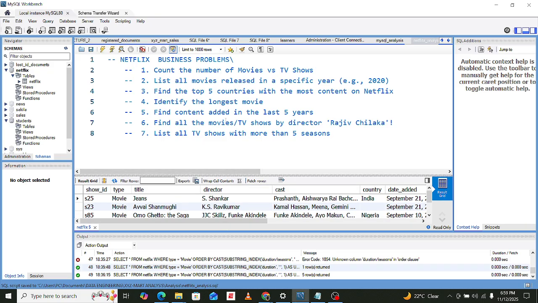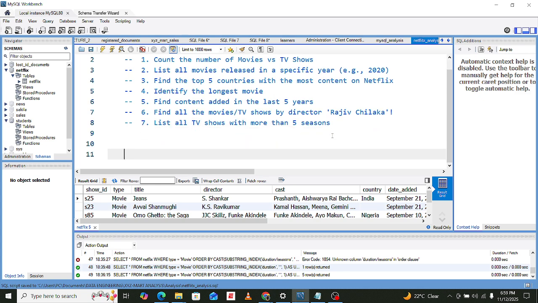So these are some of the business questions that I want us to go through. And the first question will be to count the number of movies versus the TV shows. But even before we get to this question, maybe I can just try and retrieve this data set, because I already have it.